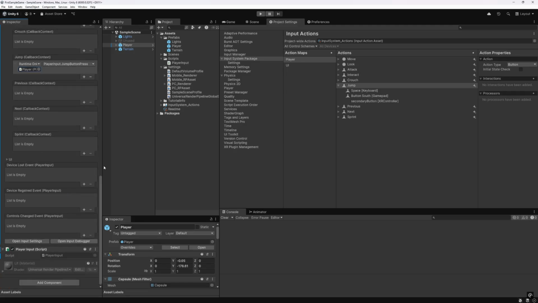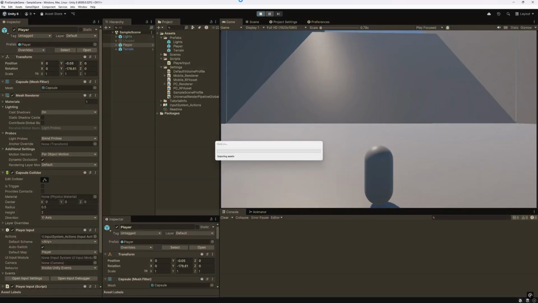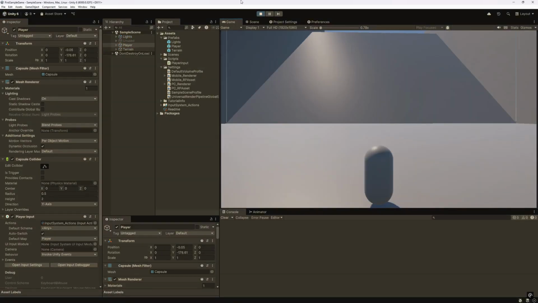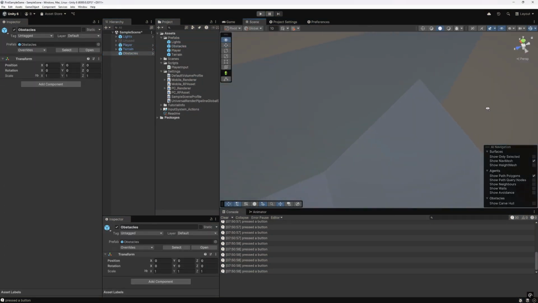We click play, I press the button which was set as the jump action in the input action map by default, the space key, and our debug log message appears in the console tab. So this is very basic, but our code gets called and it works. Sphere game object and UI. Then I go back to changing the scene.